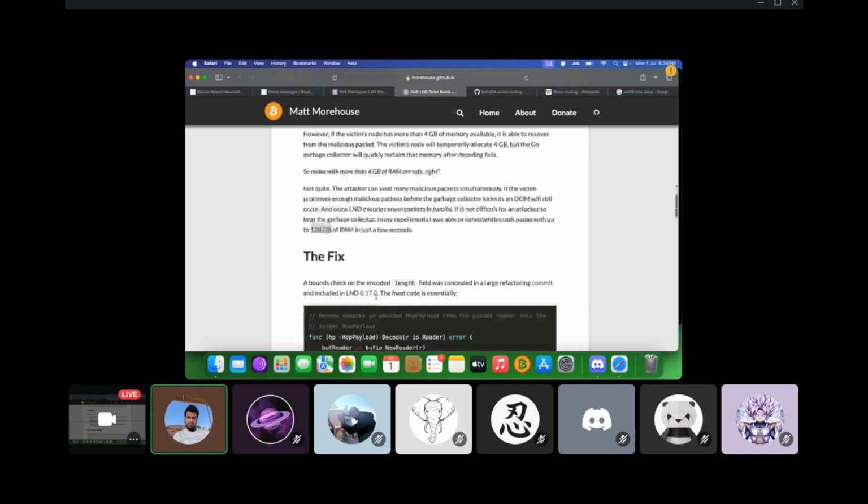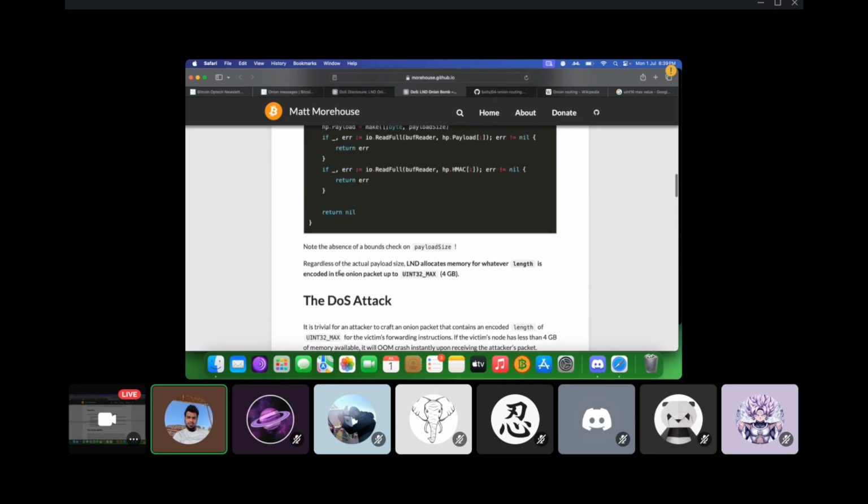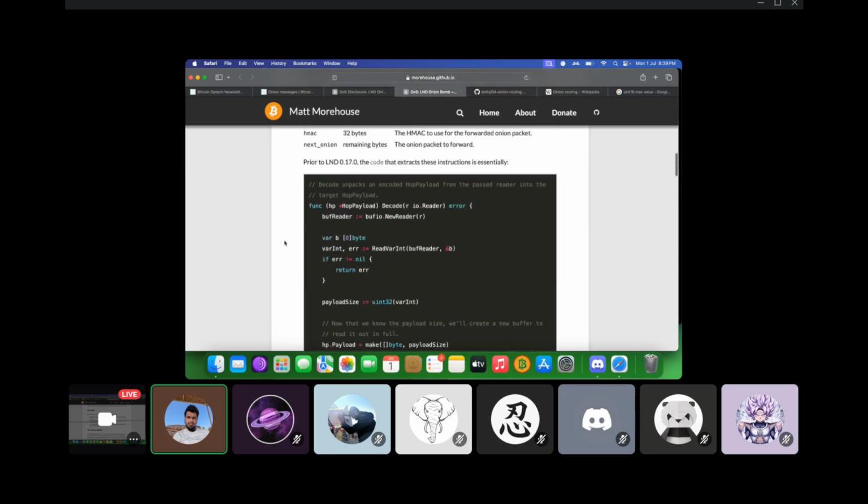So this is what this news article broadly had to cover. It dealt with a vulnerability which was detected in LND. LND is one of the popular implementations of the Lightning Network. We discussed what the Lightning Network is, what LND is, what onion messages are, what payloads are, and what prefixes are that determine the size of the payload. We discussed how an attacker can very cheaply exploit this vulnerability and crash nodes. And once your Lightning node is crashed, it goes offline. We also discussed how hazardous that could be, and how your Lightning channel partners could cheat you and exploit the fact that you're offline.